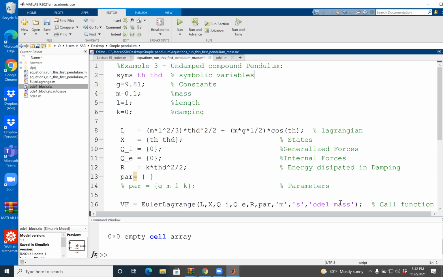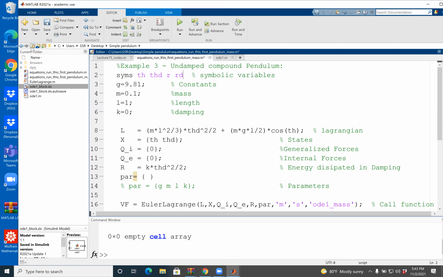Now I'm going to go step by step. Please note, it's a 2 degree of freedom system. So there are going to be the symbolic variables T, TH, R, and RD. This is super important. The state goes first. The derivative of state goes next. State goes first. Derivative of state goes next.